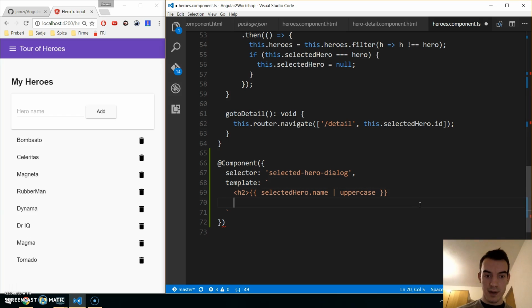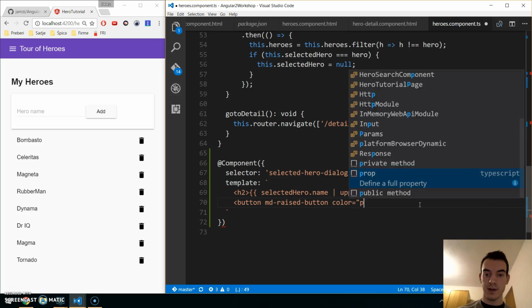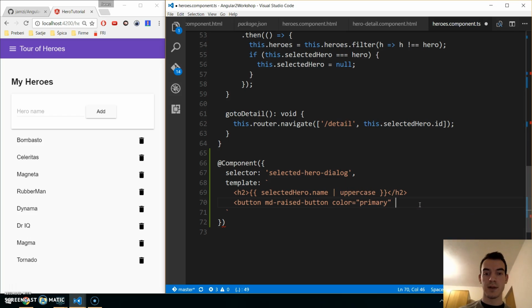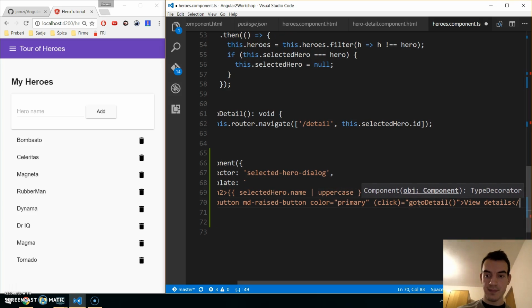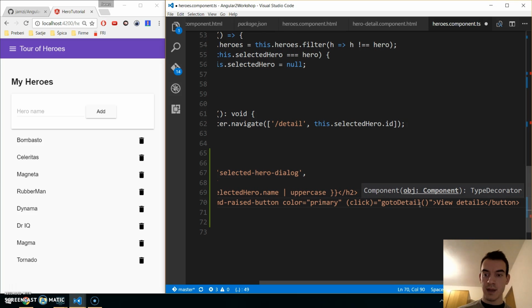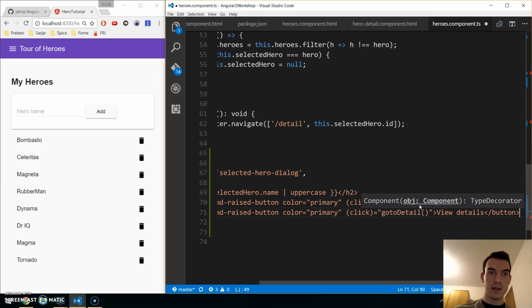Okay, now we can close this H2, and we will just put two buttons. One button will be the type of raised button and color primary, so we will use the deep purple, and click event will go to detail like this, and the name of the button will be view details. Okay, close the button, and we can just copy this, and the second button